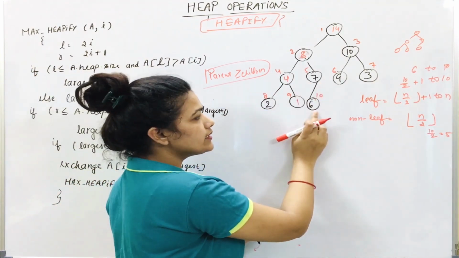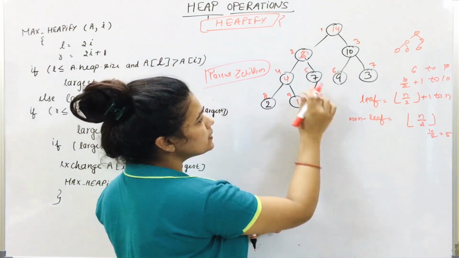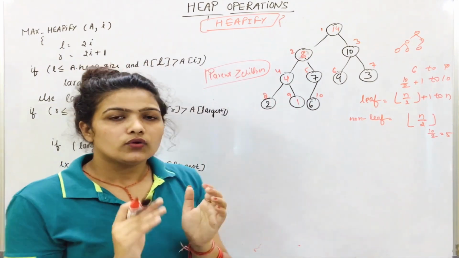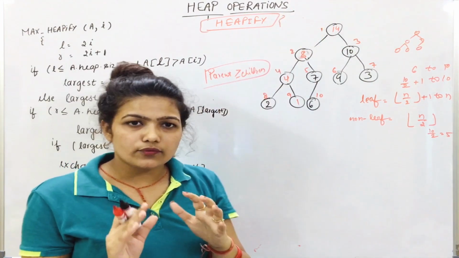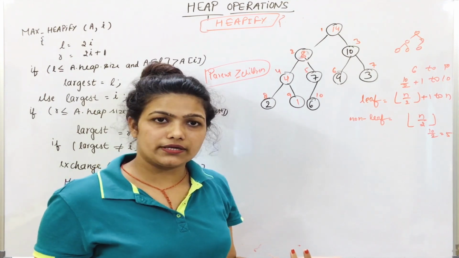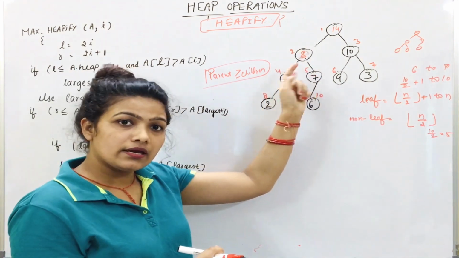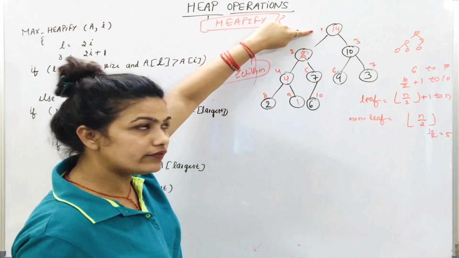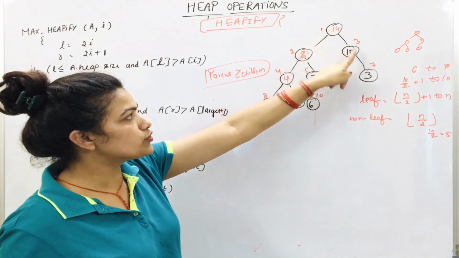Here is 7 and here is 6. This is simple. Parent is already greater than its child. Simple. Then it is okay. So simply what we have to do in heapify operation, we have to simply start from root element, means first index position, and just have to see to clear the max heap property or min heap property. If max heap property is satisfied, then you have to do nothing. You will just move to the next element. But if max heap property does not satisfy for this element, then what we will do? We will compare these children and the maximum children will go there and this position will go there.